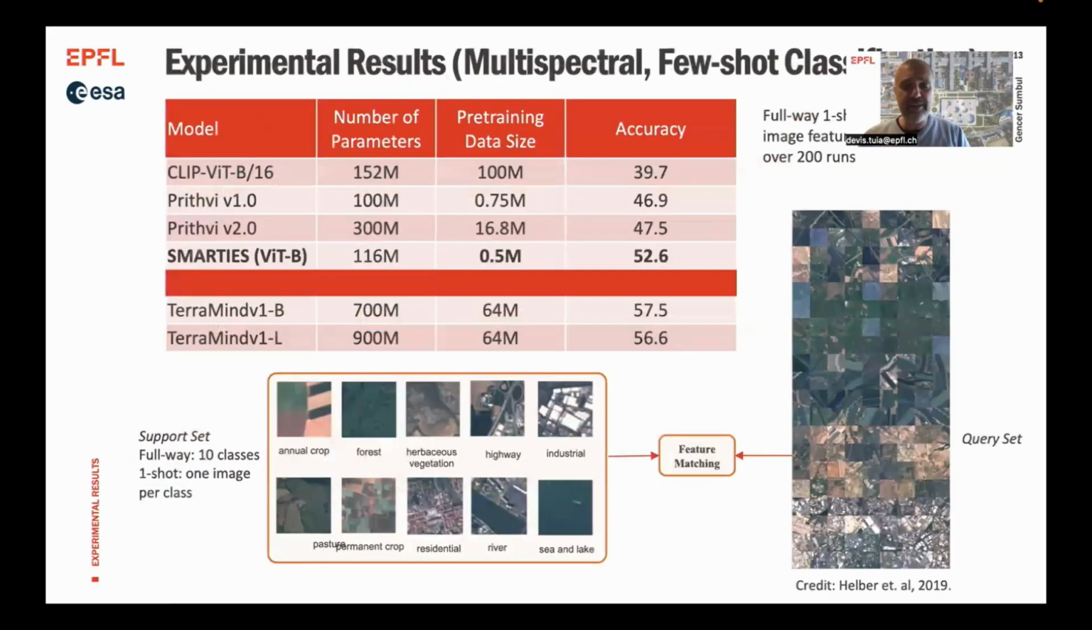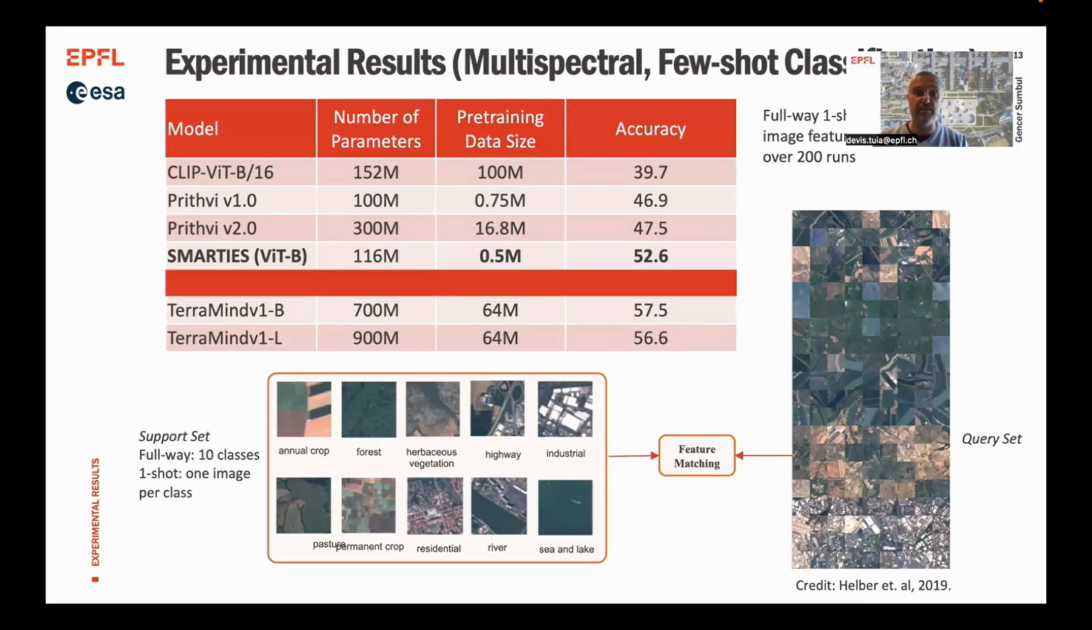We also looked at different scenarios. For example, we're looking at this interesting experiment that was done in TerraMind, where they were using only 10 images, one per class, and then doing some feature mapping with the query set, which is in this case the full data set. Here we see that by using Smarties, we are basically again improving several of the current foundation models, and we are behind TerraMind by